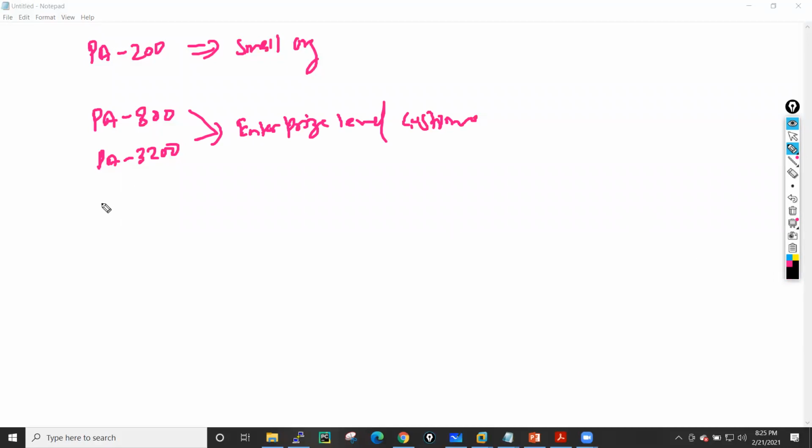Apart from this, Palo Alto also has the PA 5000 series and the PA 7000 series. These series are for data center level customers, who have dedicated devices in the data centers, because in a data center the traffic volume is very high, right? So we have to put in these high-end boxes.